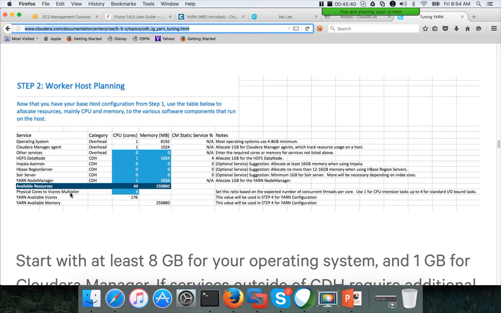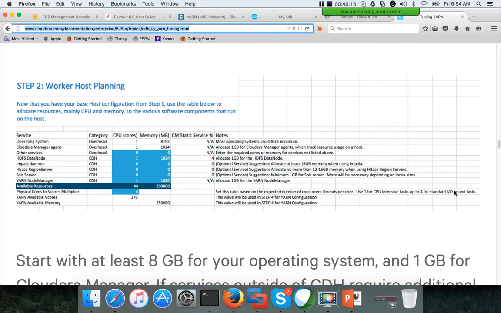So depending upon the type of cluster you are trying to configure, and the workload you are trying to run on the cluster, you have to set this physical cores to virtual cores multiplier. They are saying use one for CPU intensive tasks so that it does not go to sleep all the time. But if it is doing IO, then automatically the CPU will go to sleep for the task and IO will be happening on the cluster. For IO, it will use IO channels. It does not use CPU for IO.